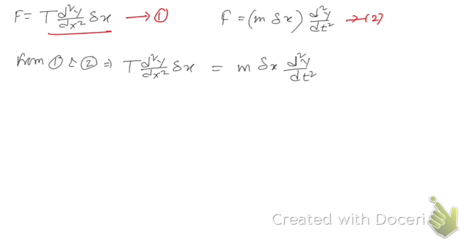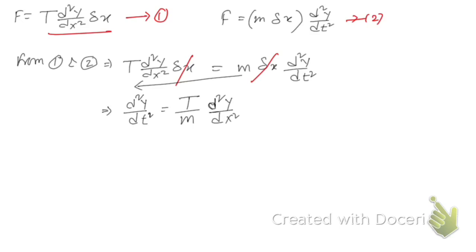Now you see what we need to do here. This delta x and delta x cancel, so delta x is gone. So we end up getting the second order derivative of y with respect to t is equal to tension T by m times the second order derivative of y with respect to x, right? Hope you have understood this. m is brought to this side, so we get T by m. Now